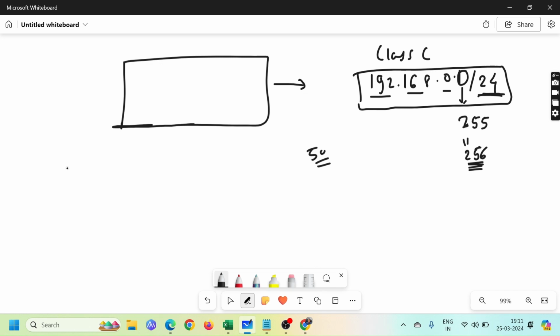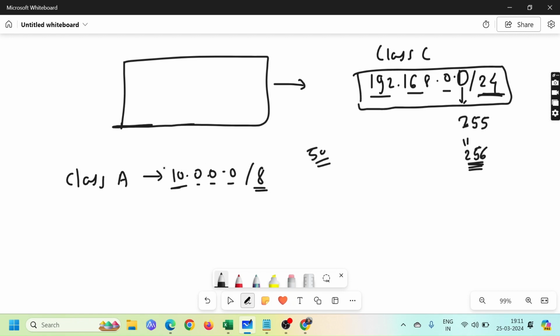Class A IP range starts from 0 to 127. Till that range we have class A IPs. So class A has the default prefix value of /8. If I take an example, let's say the 10 dot series, 10.0.0.0/8, if I write something like this, what does it mean? This /8 means that the first portion is going to remain static, and the next portion we call the